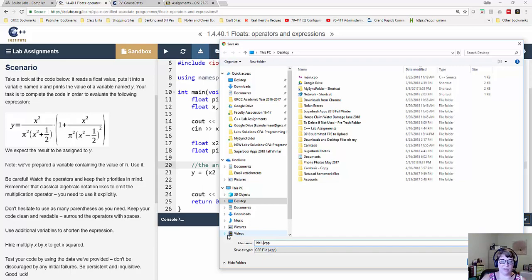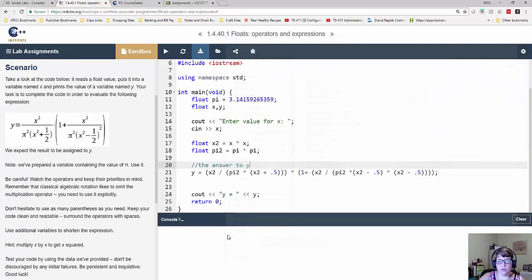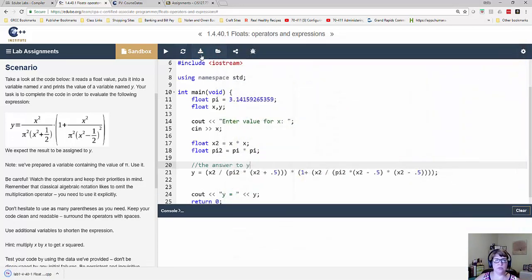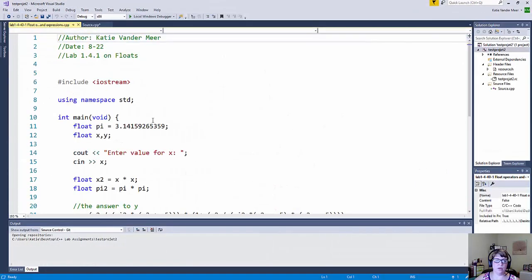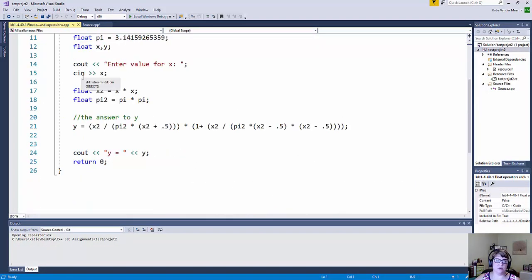I'm not going to put a period in my file name because that causes issues with the other compilers, so lab 1-4, dash 40-1, and it's called floats, operators, and expressions. Call it whatever you want. Download it. So when you hit this download button, you have your code downloaded, and I just opened it up,